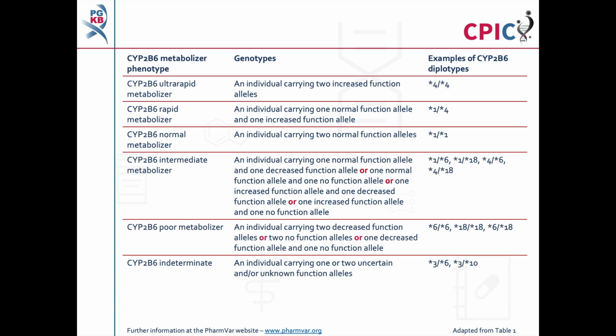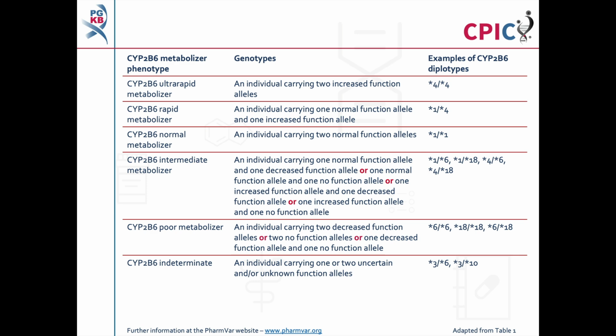CYP2B6 also uses a star allele system. Further details can be found on the PharmVar website and in the CYP2B6 gene information tables on the PharmGKB website. Note that as more information becomes available, new star alleles can be added and the functional definition of some star alleles may change. An important caveat for all genotyping tests is that a normal function status is given to all